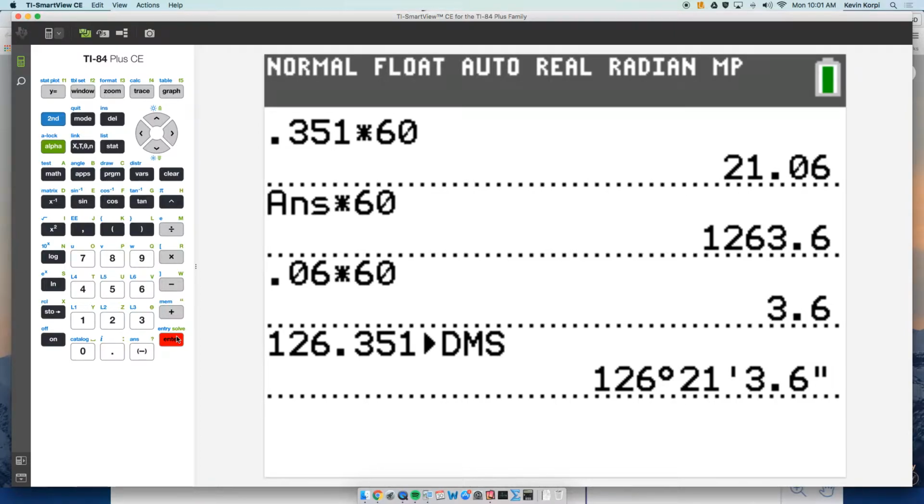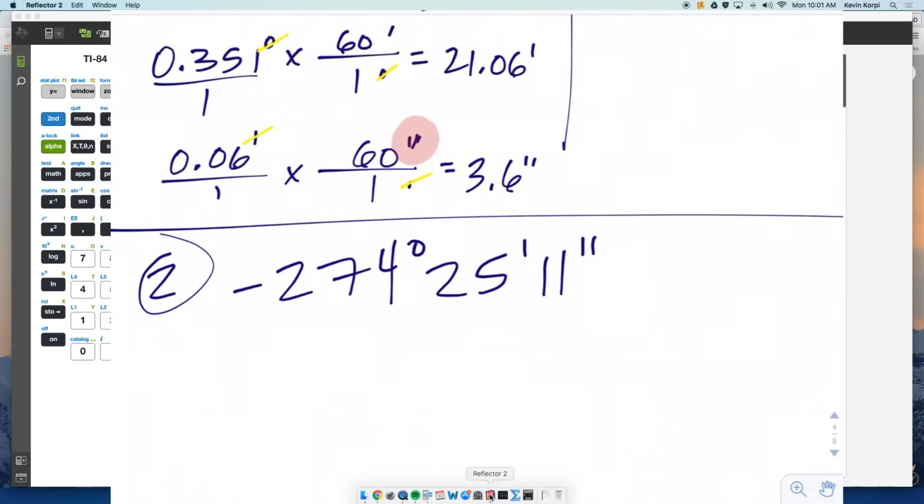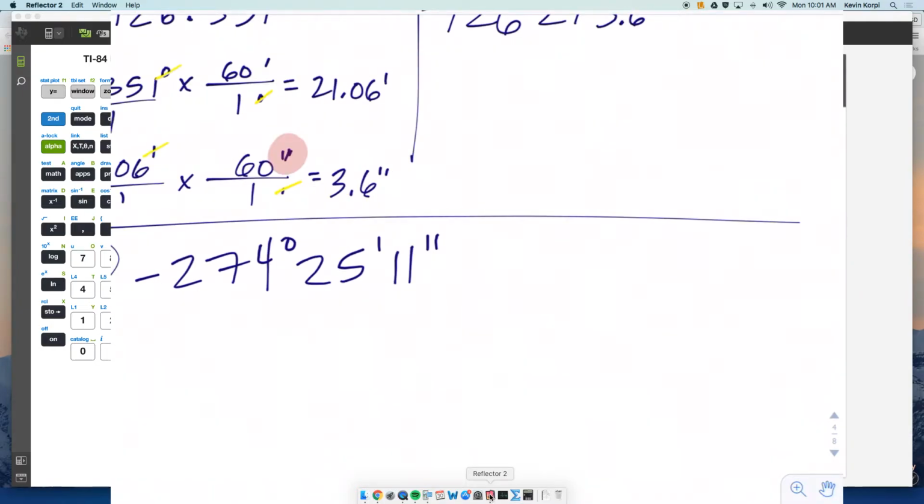You got to fix the answer. All right, the second one, converting from DMS back down to decimal degrees. Now we're starting with a negative angle. Oh boy, can we have negative angles in this class when we're talking about angle measures? Yeah, apparently so. This is kind of a segue into today's lesson and a review of what we did on